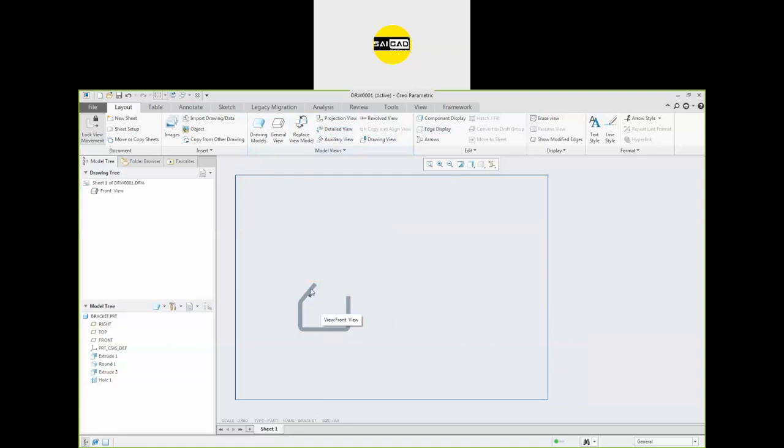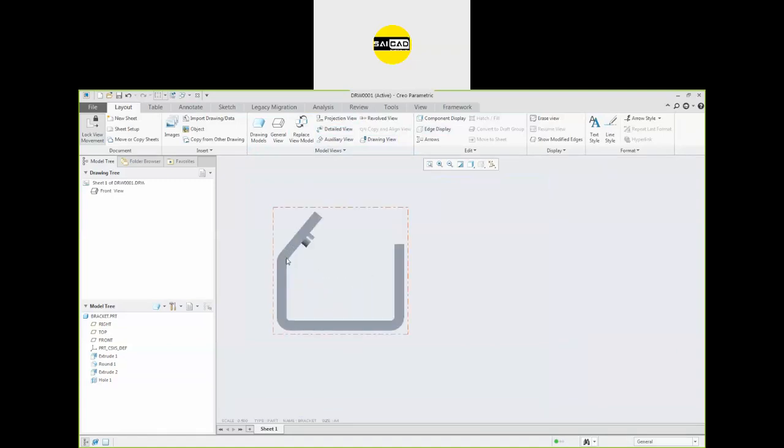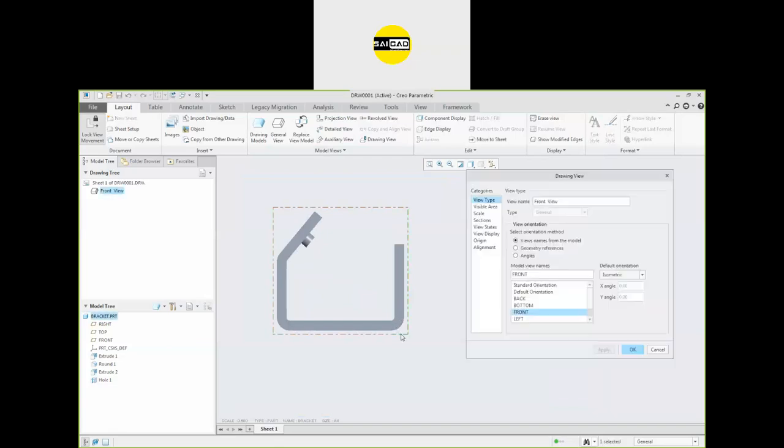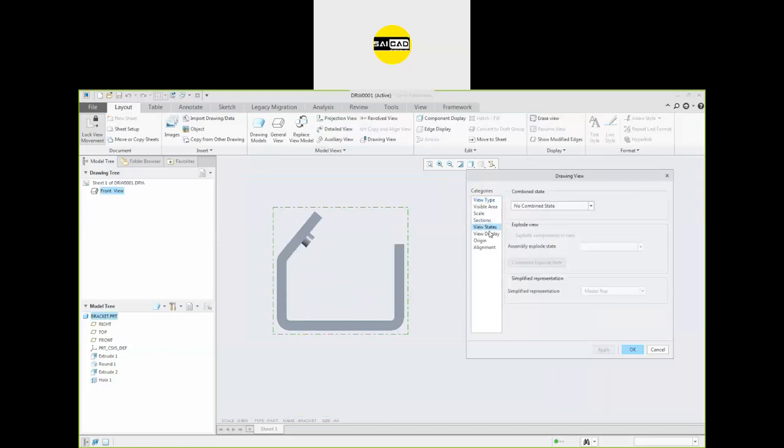So now we have the other option, like I have a view here. Now I want to create a projection. I can do that. But first of all, I don't want to see it in the 3D. I want to see it in the line or the wireframe. So go to the double click. Now go to the view display.